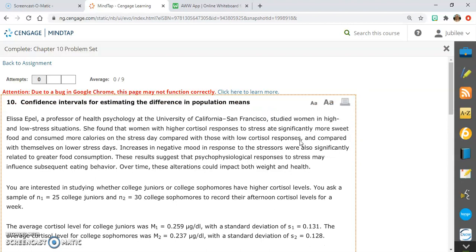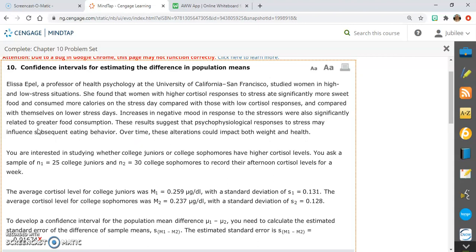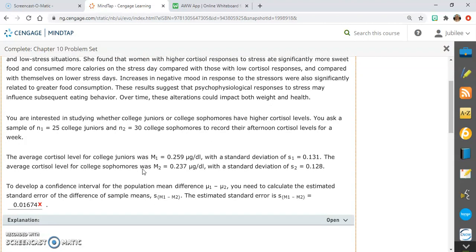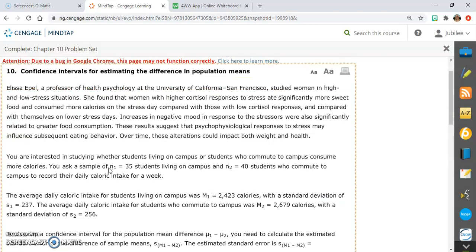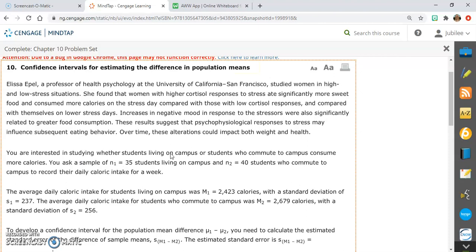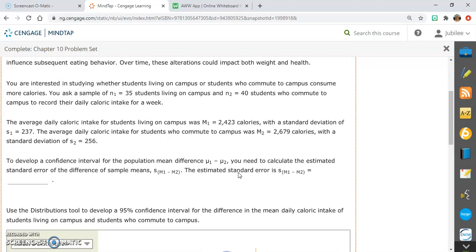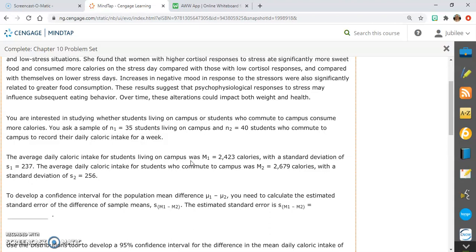Now, I have some information here. I have my two sample sizes. Oh, wait. Let me try another version. I got that one wrong. Okay. So I have two sample sizes. I have one sample size of 35 and a sample size of 40. And I have the average and the standard deviation for each